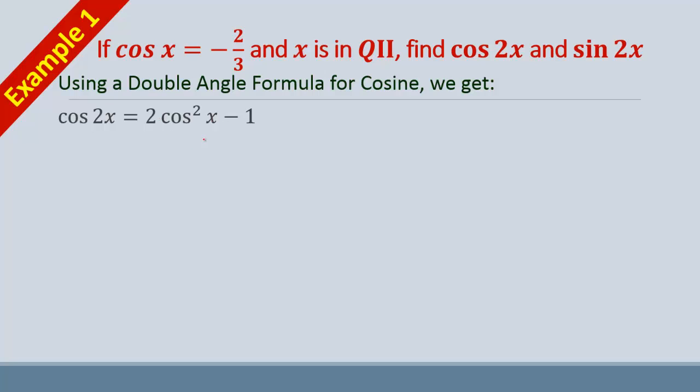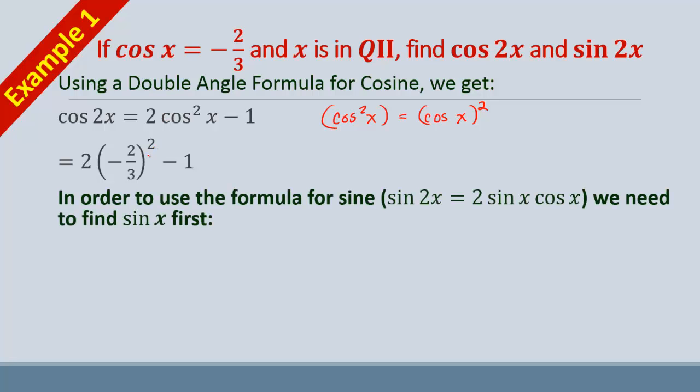So because we don't have any of that, we're going to use the cosine formula that has no sine in it. So we're going to do cosine of 2x equals 2 cosine squared x minus 1. Thing to keep in mind here, this is the same thing as this. Be aware of that. Alright, you've learned it before, this is just a refresher. And why am I saying that? Because you know what cosine x is, you're told it. It's negative 2/3. So we just plug that in for this and square it, which is going to give us,